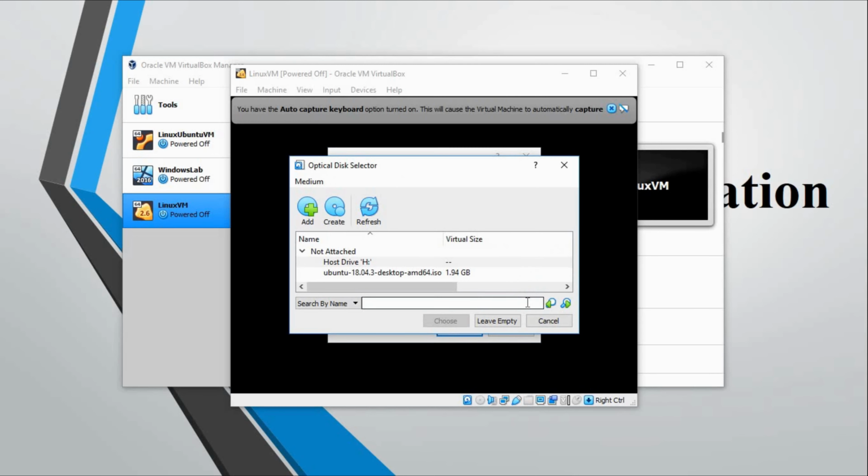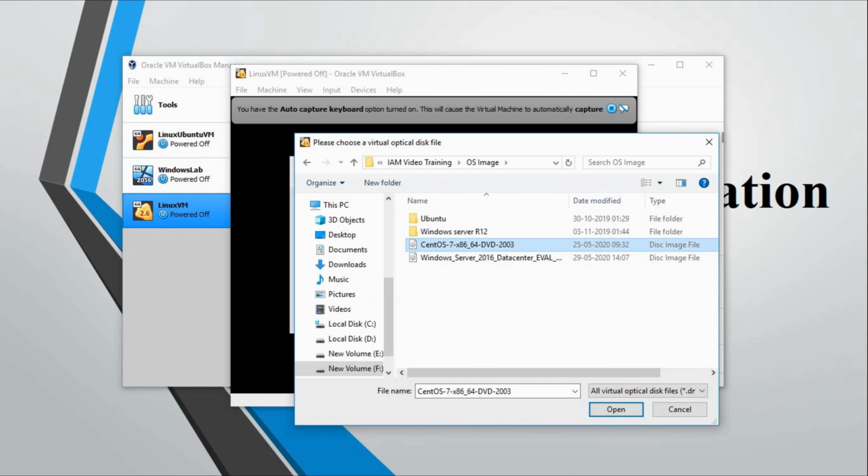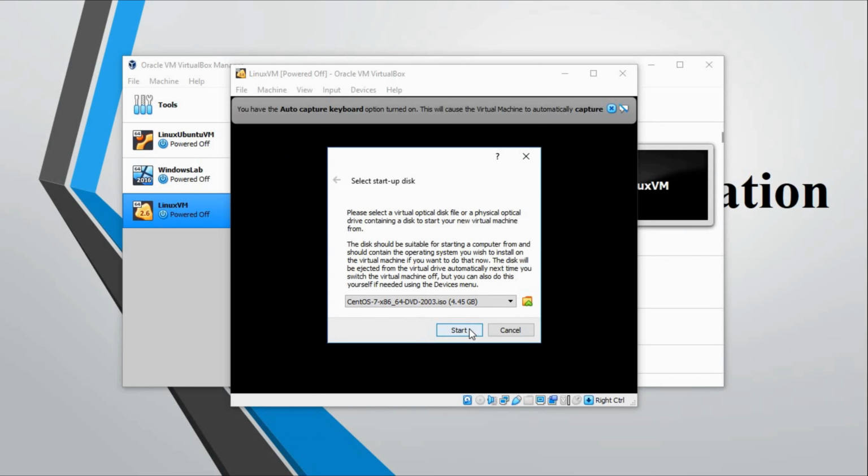Now it will ask you where your ISO image is located, and my ISO image is located here. So go ahead, select it and click on open. Now click on start.